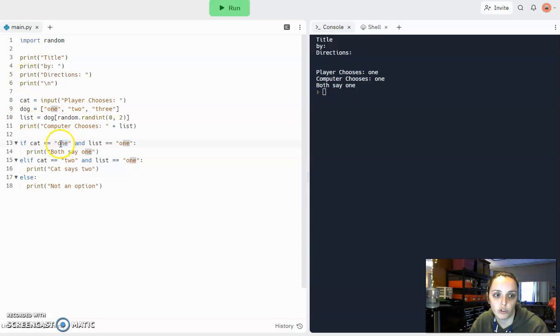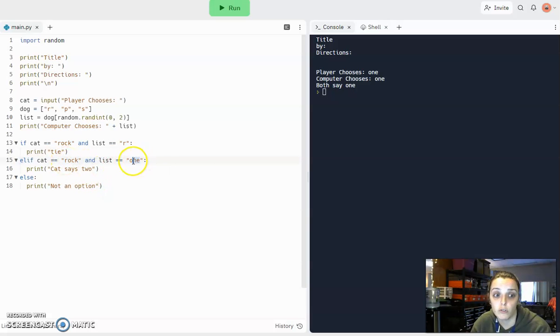is equal to rock, right? One of your choices. And then instead of 1, we know that we needed to backspace and choose rock, paper, and scissors. So I'm going to choose R, P, S, just for time's sake and to make that easier. So let's say that both are rock. Well, in this case, what is the scenario when both choose rock? Hopefully you're saying that that's a tie game, so print out what you want it to say for a tie. Now, what if cat is still rock,